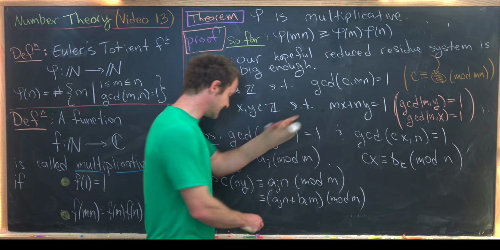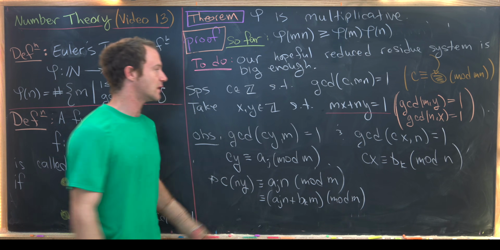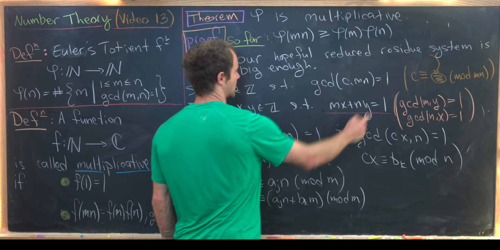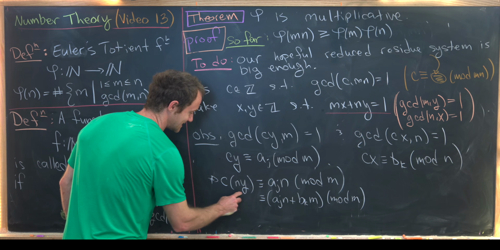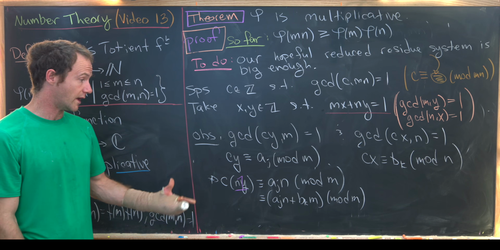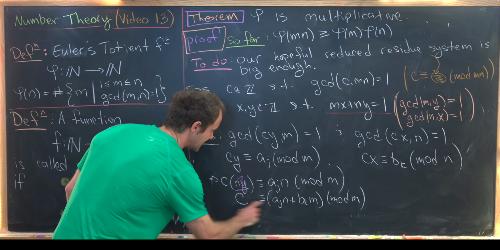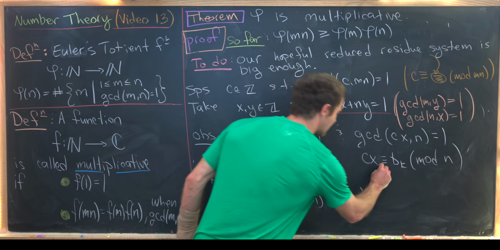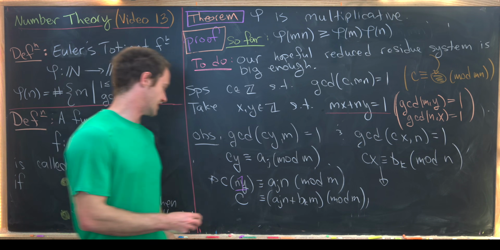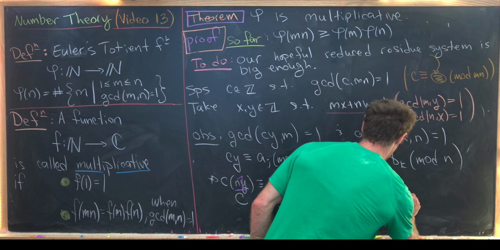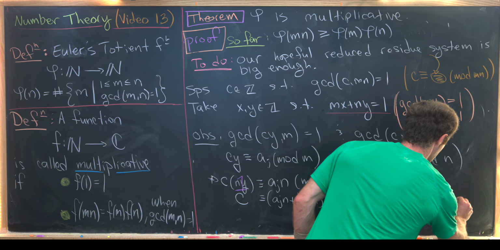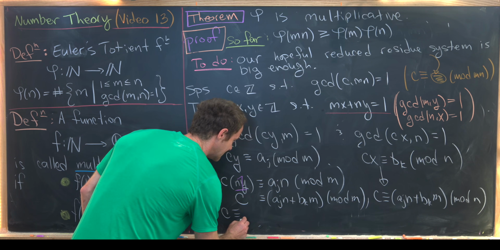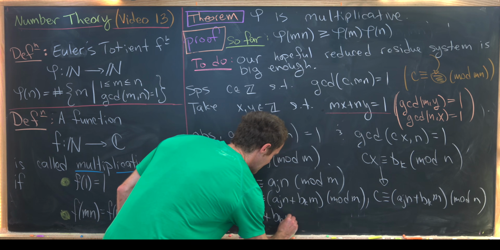But now let's look back up at this equation right here and reduce this equation modulo M. So this bit will go to 0, and we'll have n times y is congruent to 1 mod M. So that means this n times y multiplies down just to the number 1, well, mod M, and we're left with C is congruent to this A_J n plus B_K m mod M. And then through a very similar, or in some ways a parallel argument, we get C is congruent to the same thing, A_J n plus B_K m mod N. But then since M and N are relatively prime, that tells us that C is congruent to A_J n plus B_K m